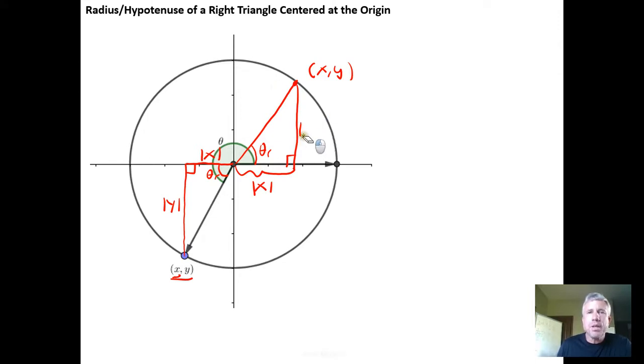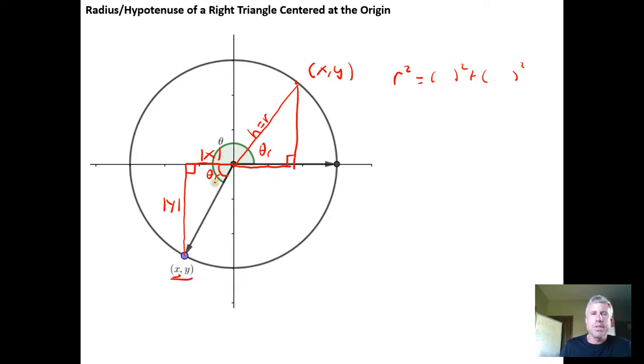And if we have a width and a height on a right triangle, we can use the Pythagorean Theorem to calculate the hypotenuse of the right triangle. So this hypotenuse here, which also establishes a circle in the xy plane. So sometimes in the xy plane we'll represent this with r for radius instead of h for hypotenuse. The idea is the Pythagorean Theorem tells us that the square of the hypotenuse, or the square of this radius, which is part of a right triangle, is just going to be equal to the sum of the squares